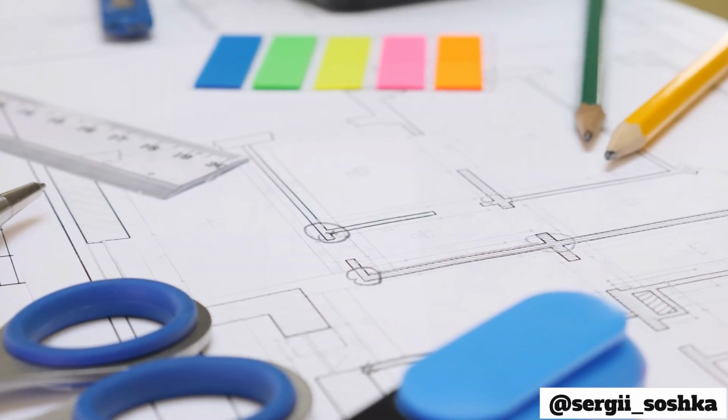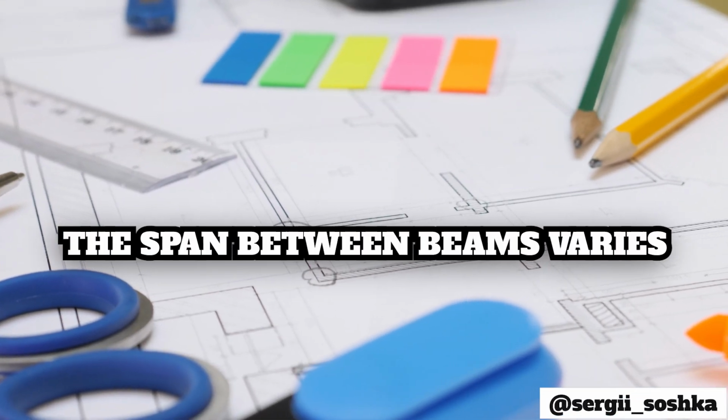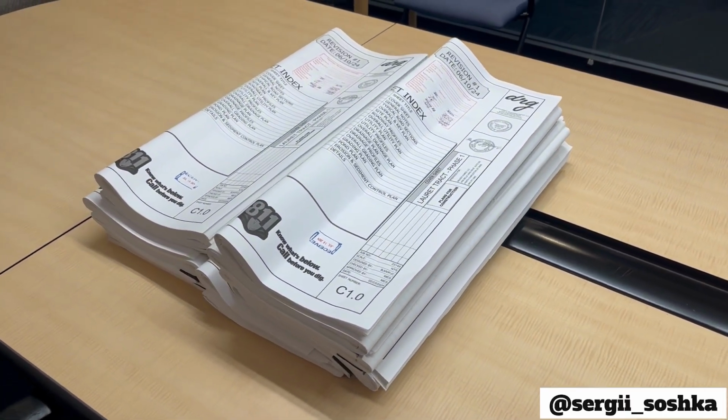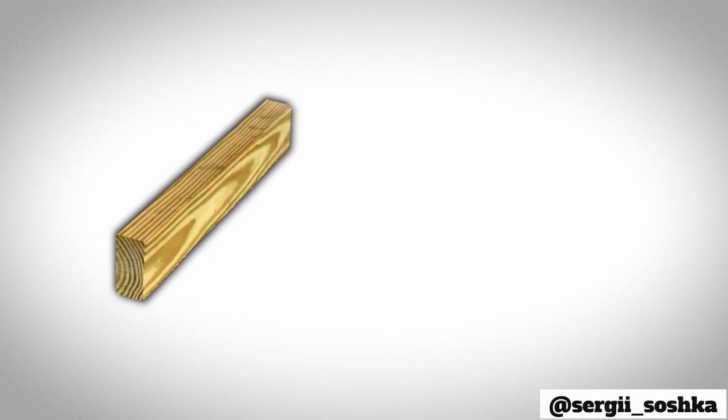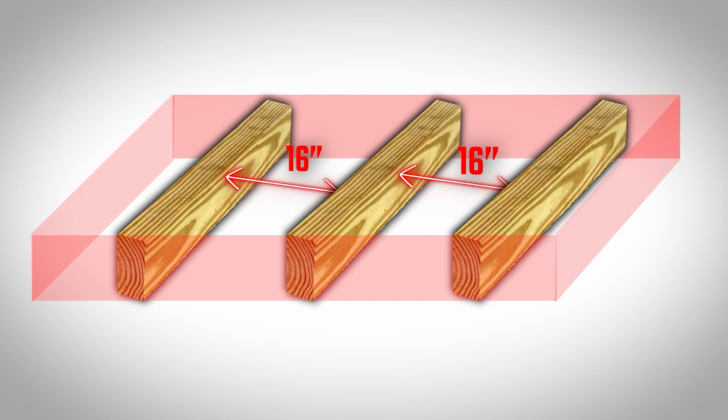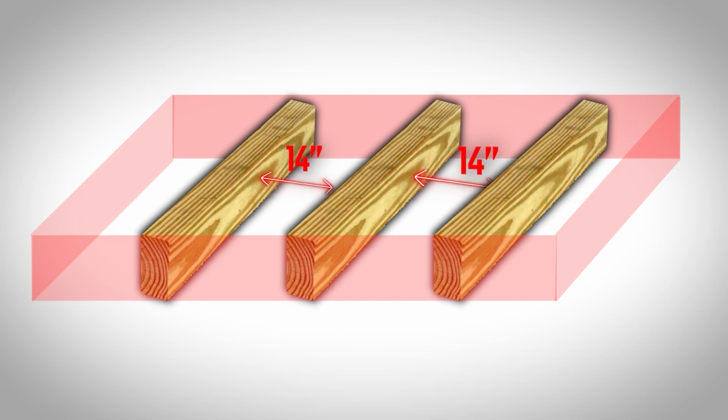Depending on the size of your house and square footage, the span between beam supports varies. You can refer to building codes for precise numbers, but I would say if it's a continuous board, you should be fine with no more than 16 inches spacing apart. Based on our square footage, we were going with 3 supporting beams throughout the area with around 14 inches span